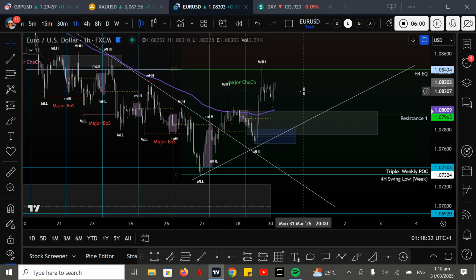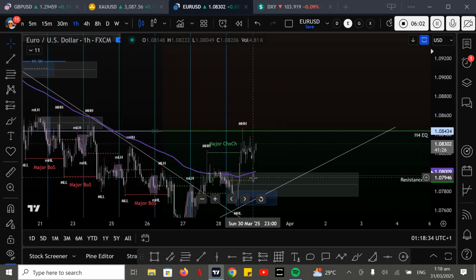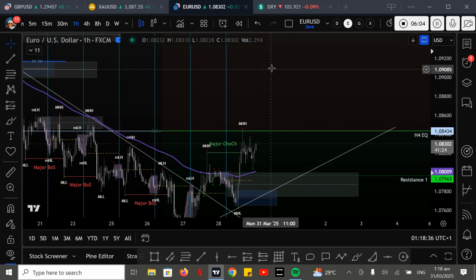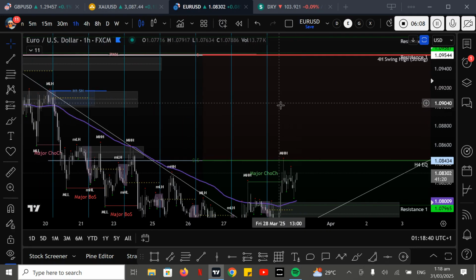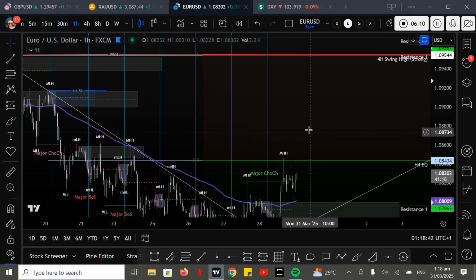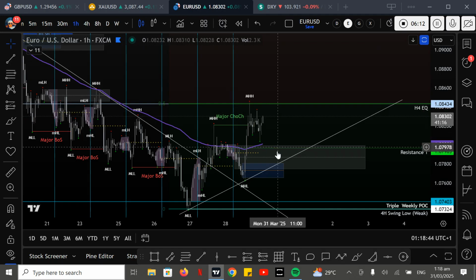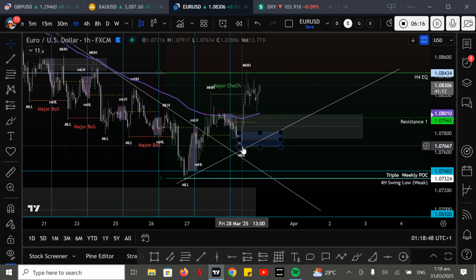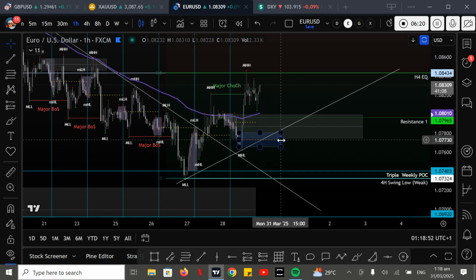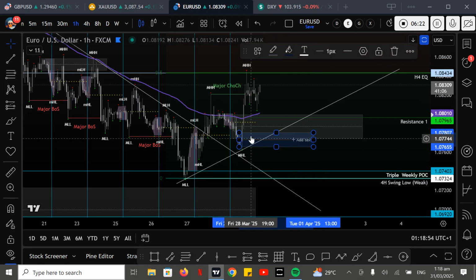So we are confident that we can at least ride this pullback a little bit up, but we have to be very careful when we get to these areas of supply. So having said that, I would like to point out that we have a strong high on the 1 hour, and we have our demand. So we are looking for price to drop back into this level probably, and then move to the upside, because